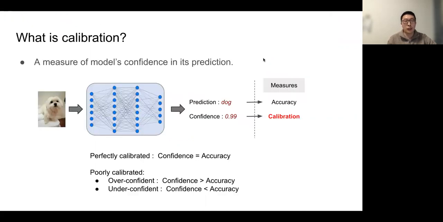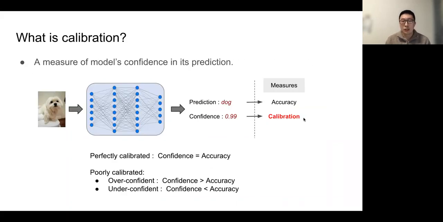So the topic is about calibration. The first question is, what is calibration? Calibration is a measure of the model's confidence in its prediction. Let's see this example. If we input an image to a deep neural network, it will usually give two pieces of information. The first one is the predicted label, which is a dog in this case. And the second one is a score, called confidence or